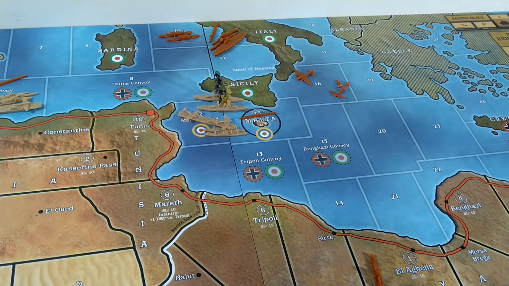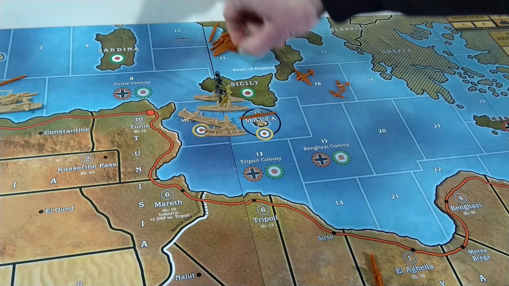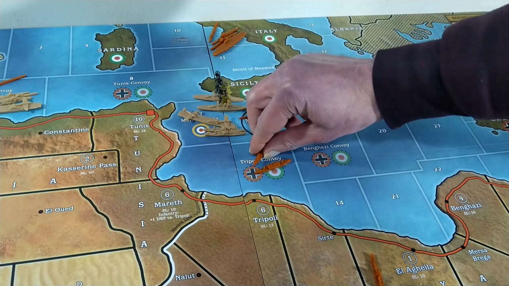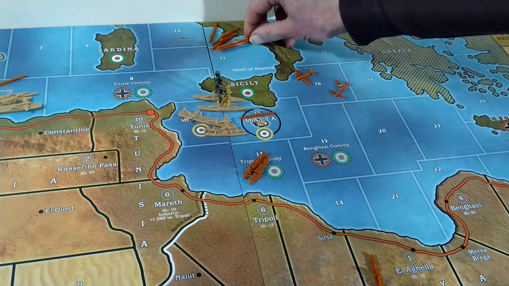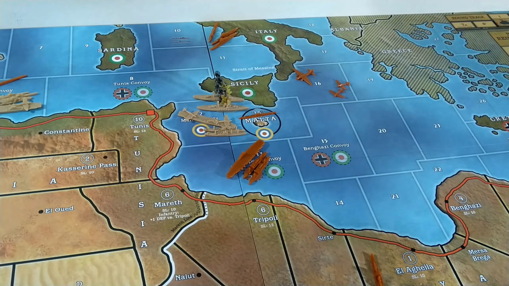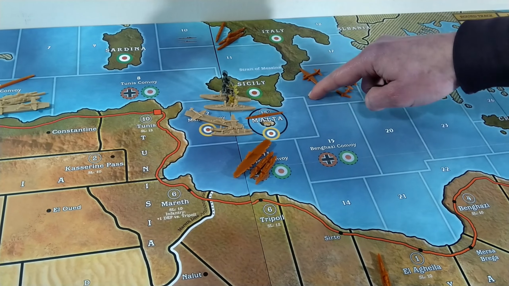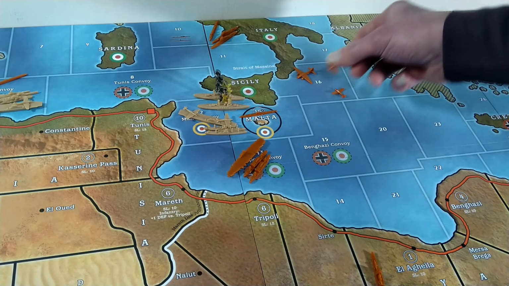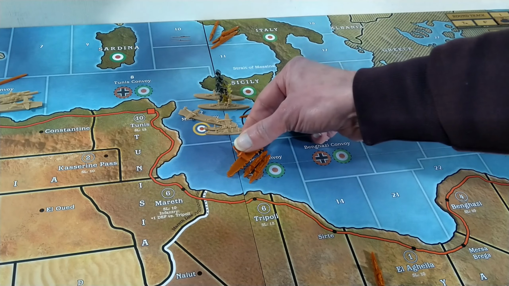In the non-combat phase, because this area is now free, we can move our transport ships 1, 2, 3, 4 into the Tripoli convoy zone. We can fly our carrier 1, 2, 3, 4 into there as well. These fighters have come off of the carrier, 1, 2, done their battle, 3, 4. They can land onto here as well. And with extra defensive modes,